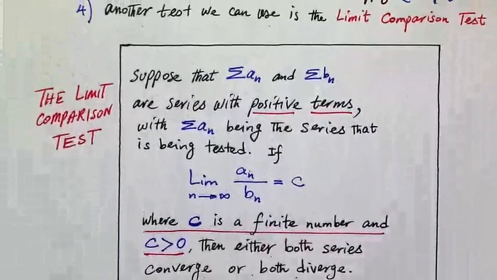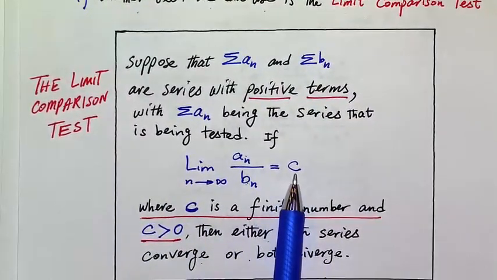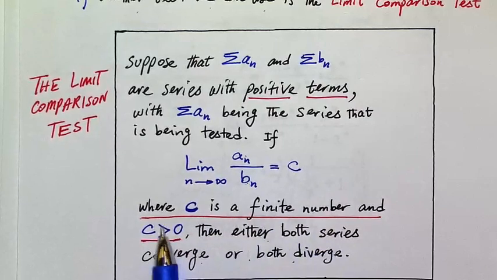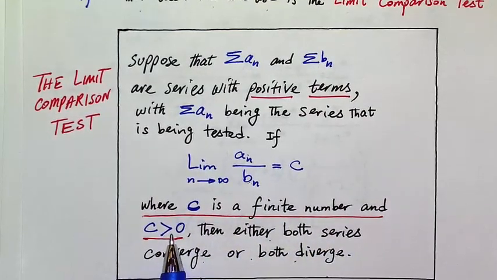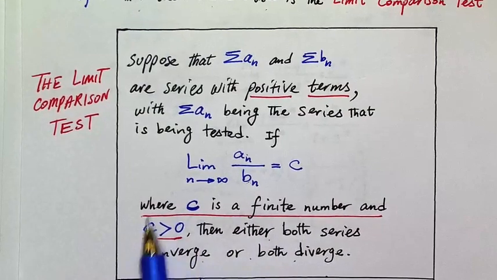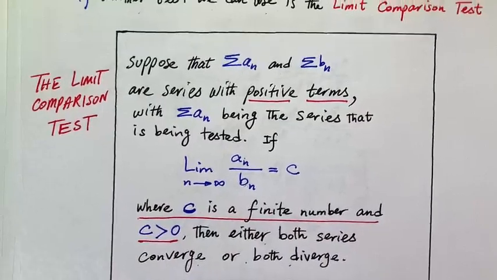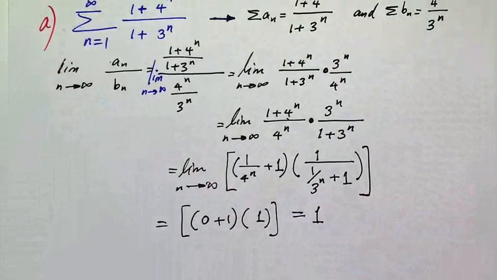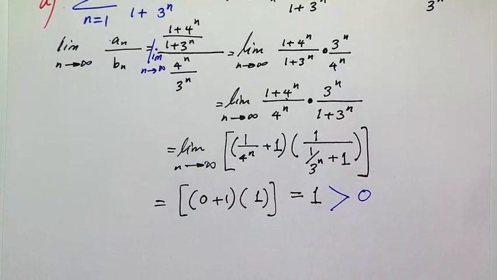this condition for the limit comparison test, we found the limit is 1 in our case, and c must be a finite number and c greater than 0. Once this condition is satisfied, then we can say either both series converge or both diverge. So, of course, we've satisfied that condition. That quantity is greater than 0, and therefore,